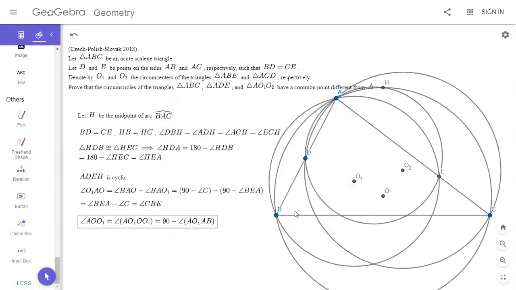And the angle between AO and AB, that's 90 minus